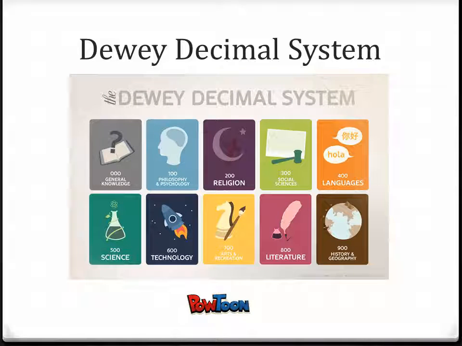Here is a short 3-minute video that introduces students to the Dewey Decimal System, call numbers, and how books are shelved in the library. The link to this video is also in the D2L document. It was created using Powtoon, a free tool that allows you to develop animated clips and presentations. When you have finished watching, be sure to check out your text on pages 91 to 93 for another review of the Dewey.